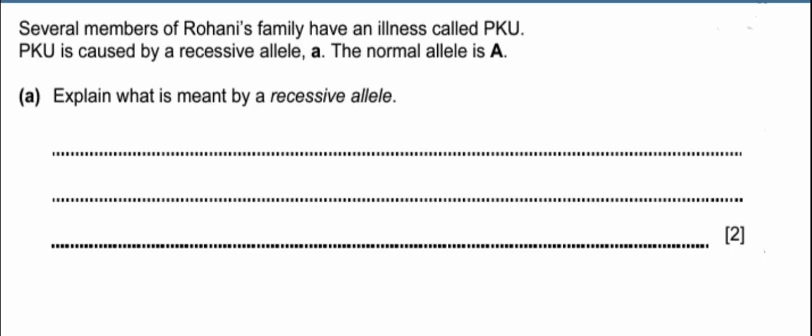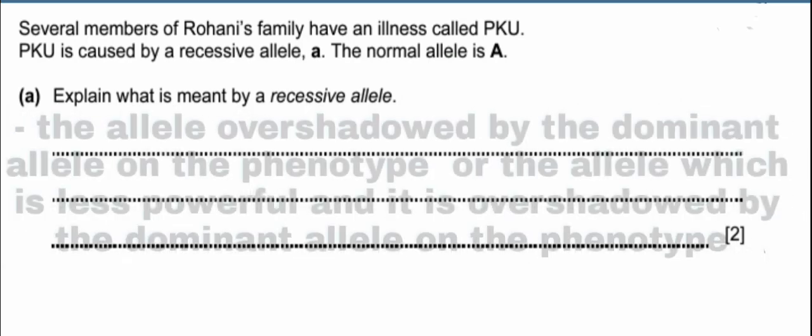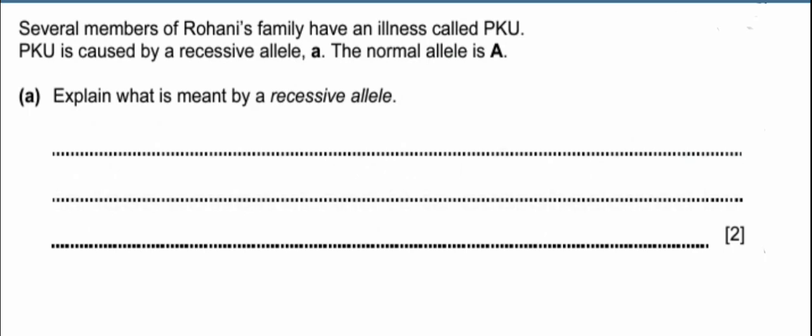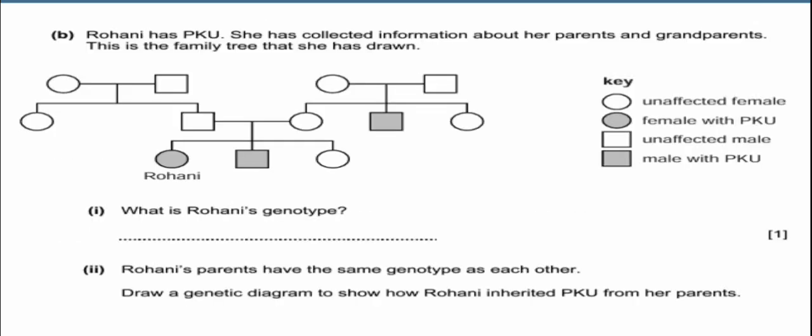So in terms of a recessive allele, it is just the allele which is overshadowed by the dominant allele on the phenotype. That's the answer. The recessive allele is the allele which is overshadowed on the phenotype by the dominant allele. Let's see the next question. Question B reads,